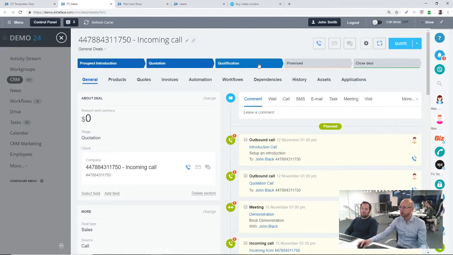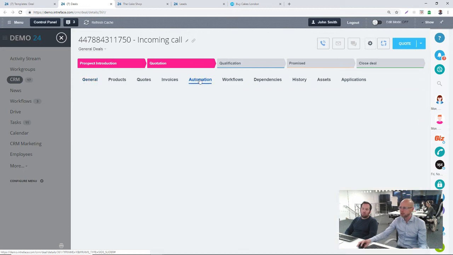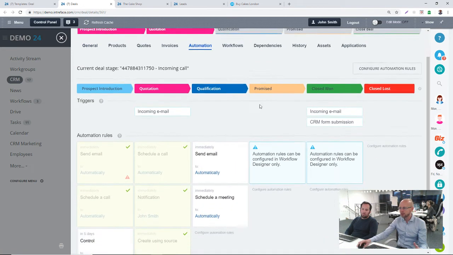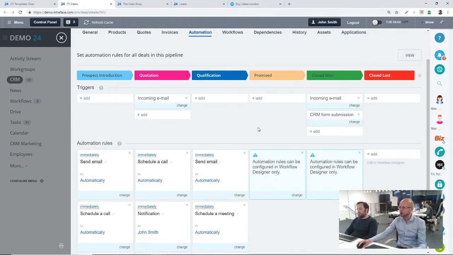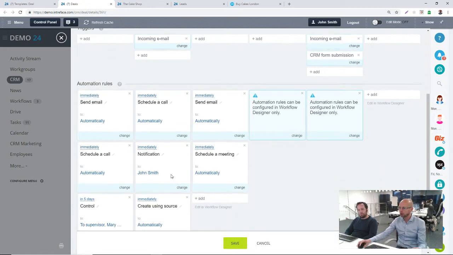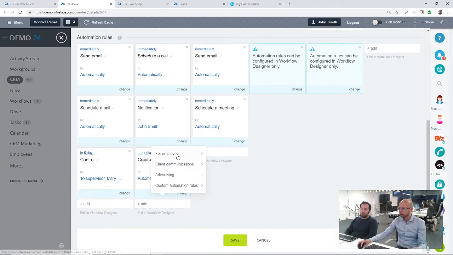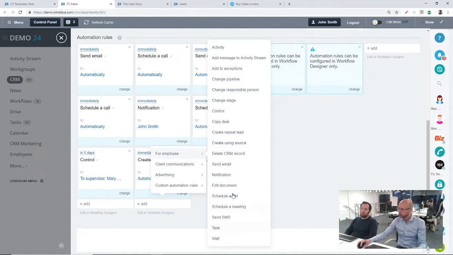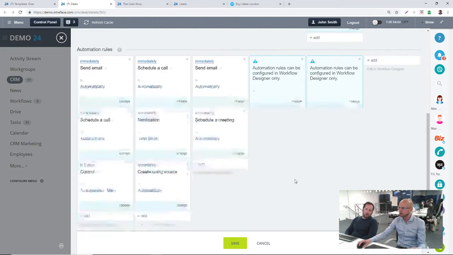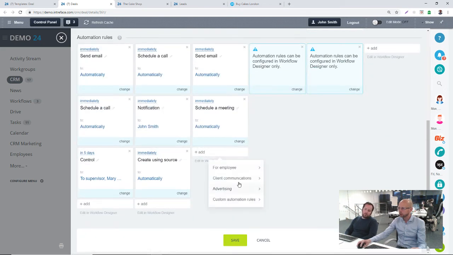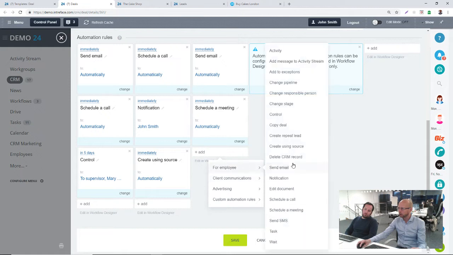So yeah, but if we go into the deal and we click in the automation tab, then you could do a very, very similar process using this builder tool. So at quotation stage, we were booking a follow-up call in, so I can do that. I think schedule a call, so we can add that action item and set the details of the call. Sending out notifications, of course we can do all that. We send out emails, send out system notifications,